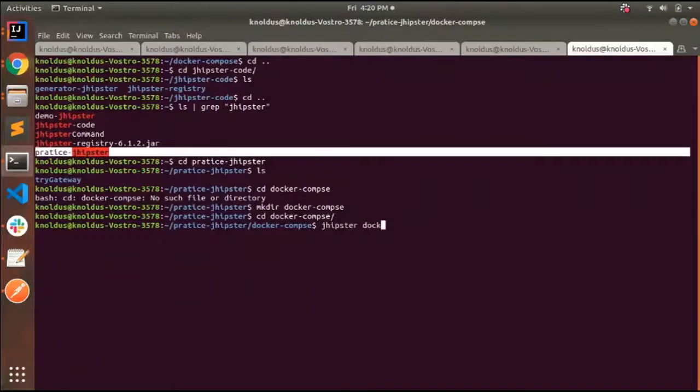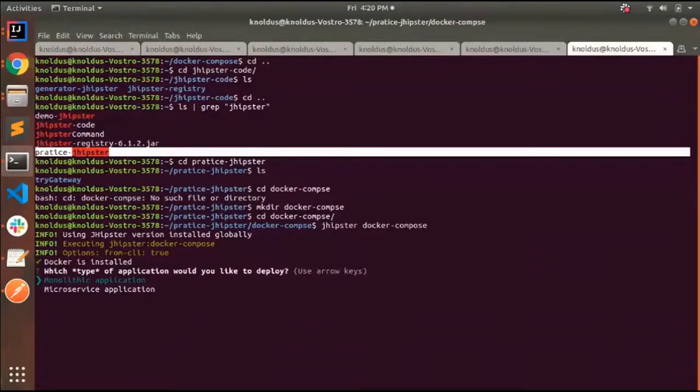Docker Compose. So it's a jhipster Docker Compose subdirectory that I have explained to you previously. It's going to ask which type of application I need to deploy. I need to deploy a microservice application. So I selected that, and as we need the registry to deploy an application, I will be using the